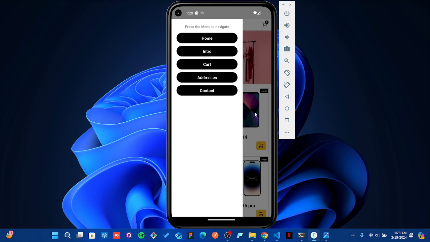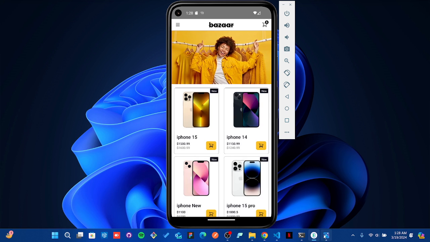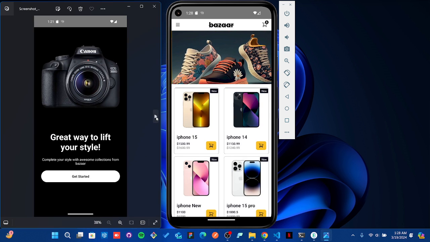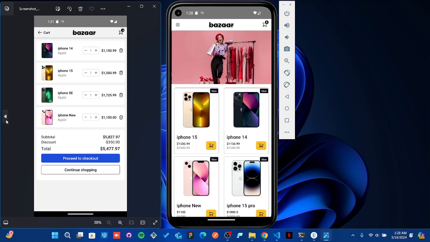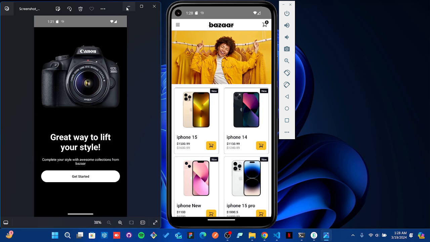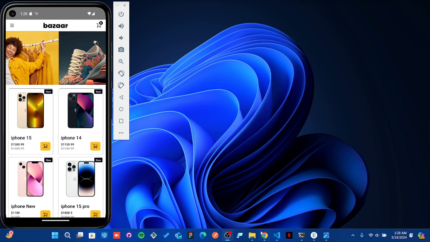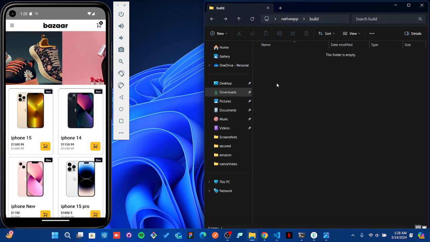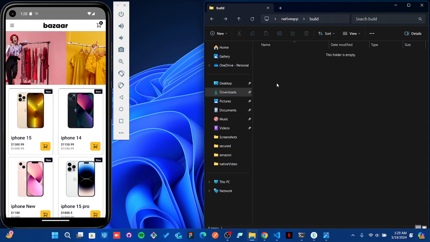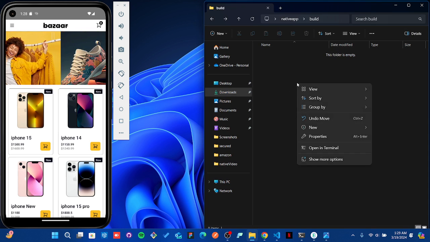So today we are going to build this from scratch. Now I'm just taking the copies of the photos so I can put the references. So let's start building it. For building this project, I'm going to open one of my empty folders, the build folder I created. Now here I will open my